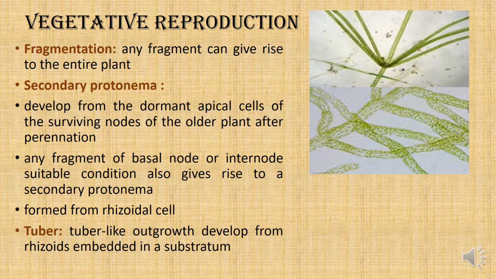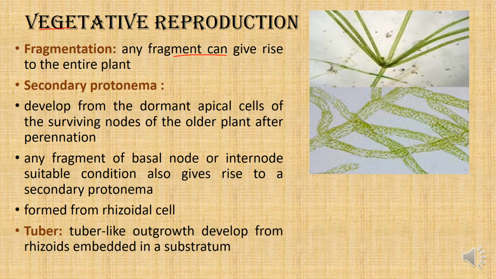Vegetative reproduction can be by fragmentation, which is very common for all algae, where any portion of the algae gets fragmented by either wave action or the gnawing action of herbivorous aquatic invertebrates as well as vertebrates. So this small fragment, whether it is the nodal part or the internodal cell, doesn't matter, any part of this Nitella can give rise to the entire plant.